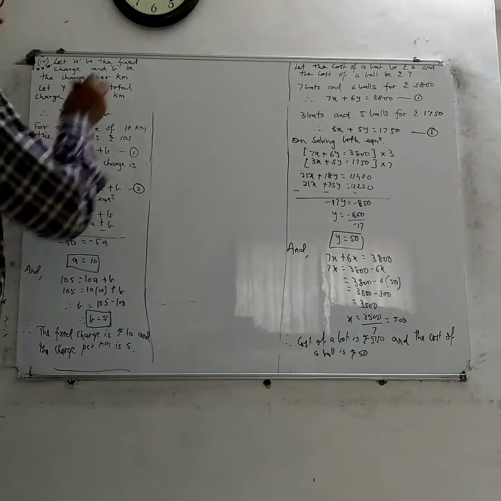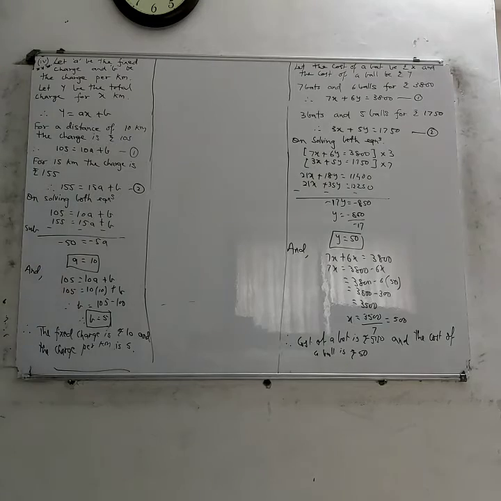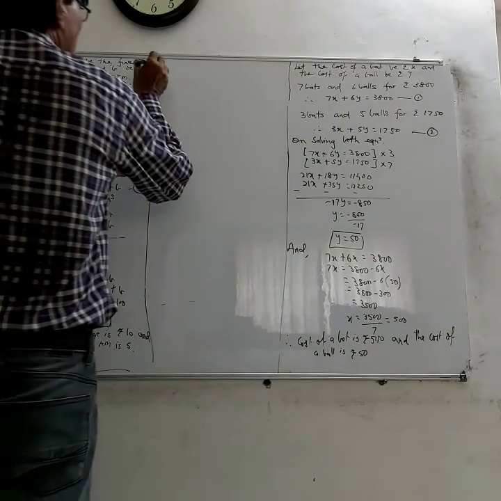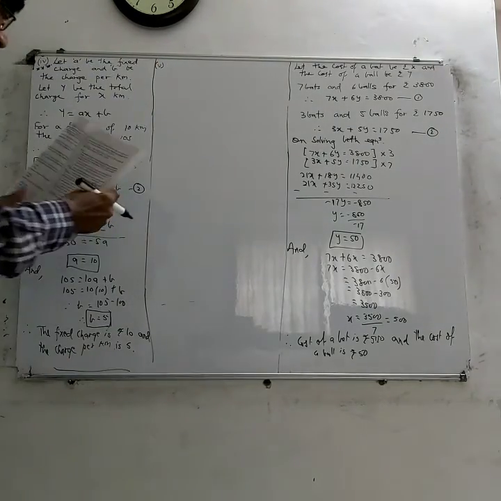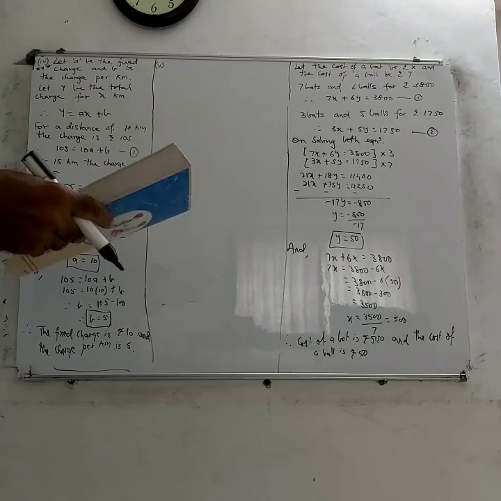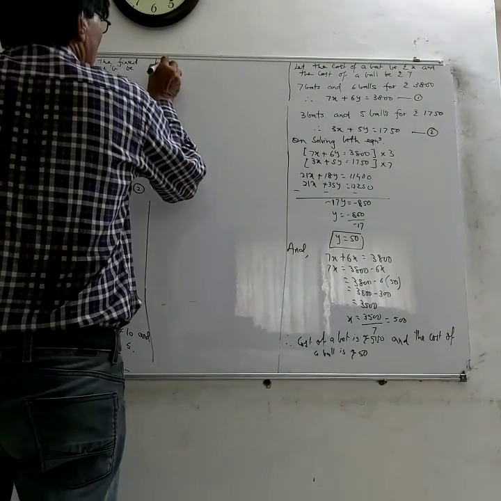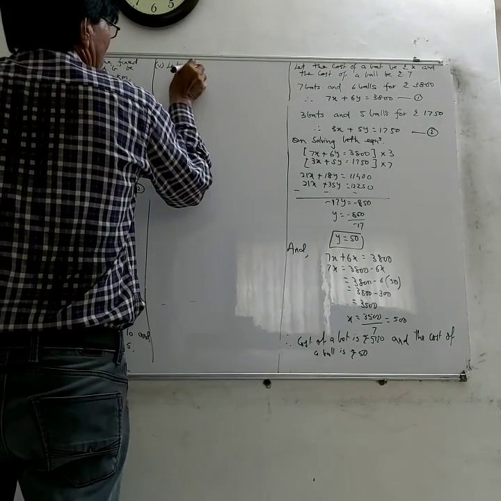Right, let's see. That was number 4. Number 5. A fraction becomes 9 upon 11. Okay. Let the numerator